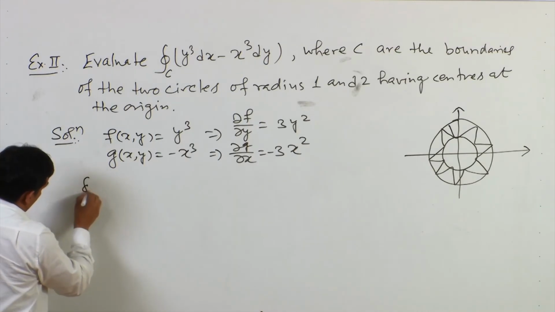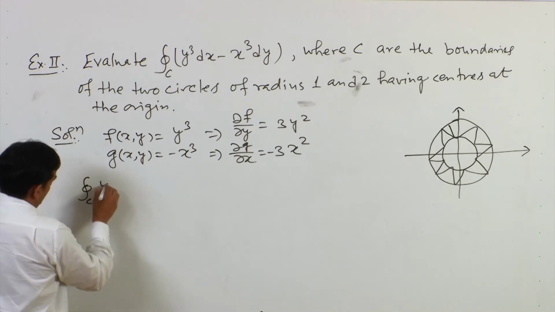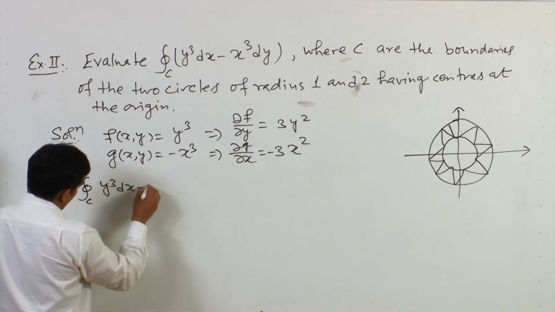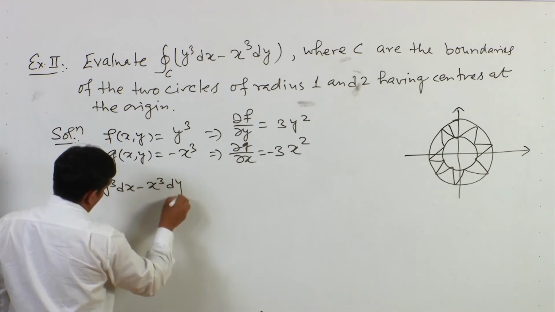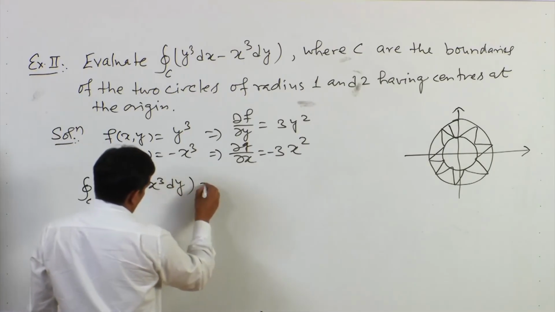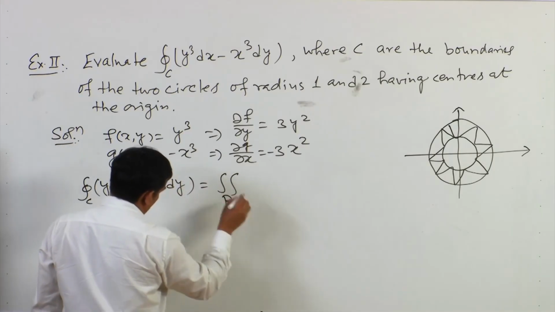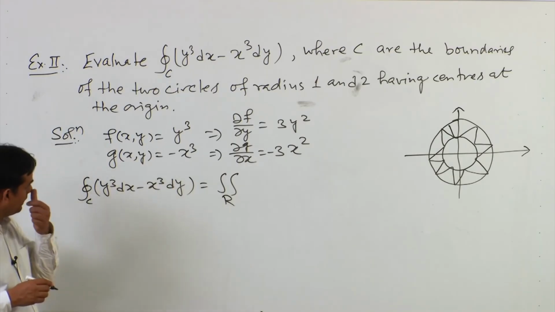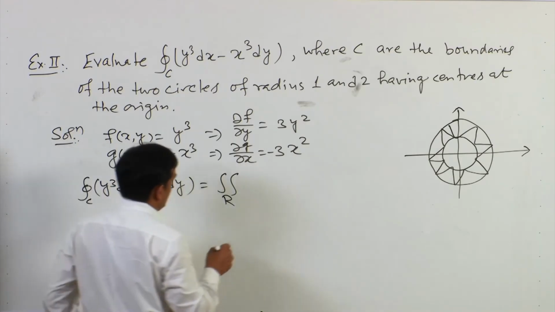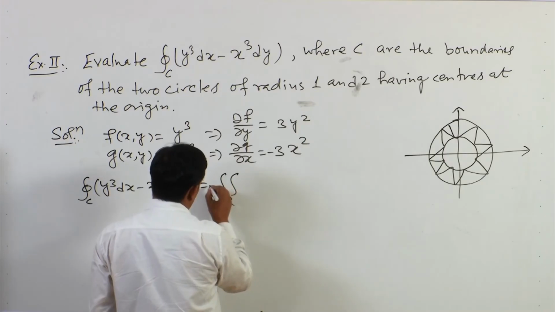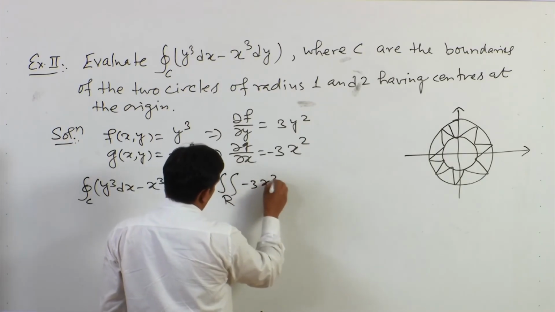So, from the statement of Green's theorem, y cube dx minus x cube dy equals the integral over the region R bounded by the curve C of del g over del x, that is minus 3x square,